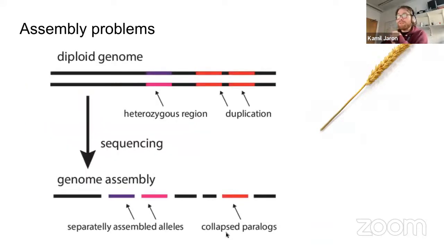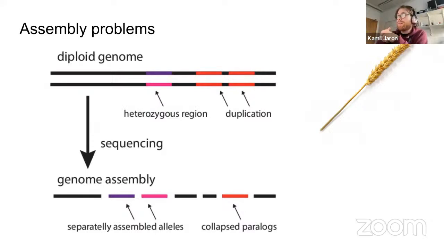Now, there are all sorts of problems in assembling genomes. If you have a region that is too heterozygous, it sometimes gets assembled separately. If you have a region that is too similar to each other, then it can collapse. And imagine that you would be mapping back reads and calling variants, and you would be trying to guess what the ploidy is. Looking at different regions, you would get different answers, right?